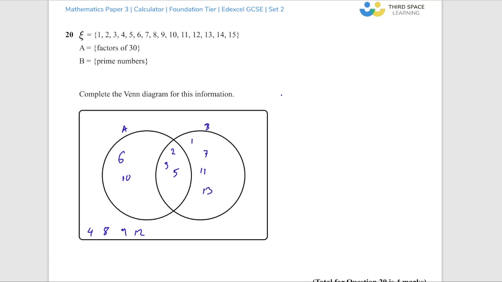And I've just spotted a mistake I made, but I'll come back to that in a second. 14 is neither. And 15 is a factor, and I've put 1 in the wrong place, so 1 should be a factor but not prime. Okay,